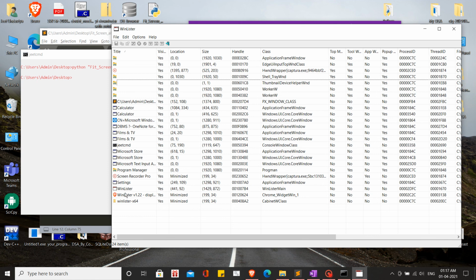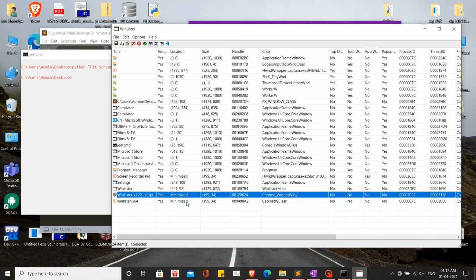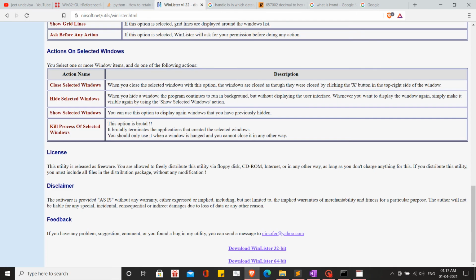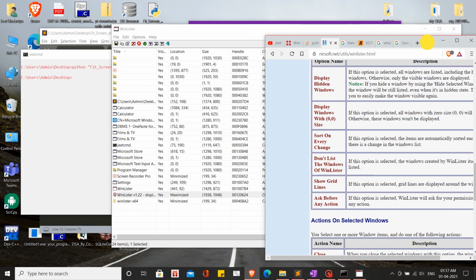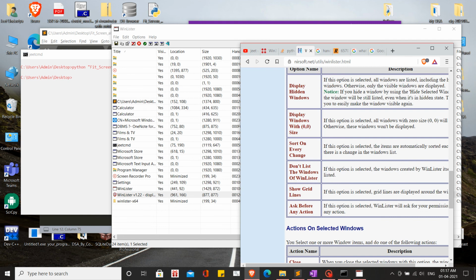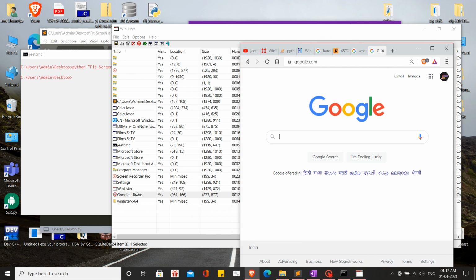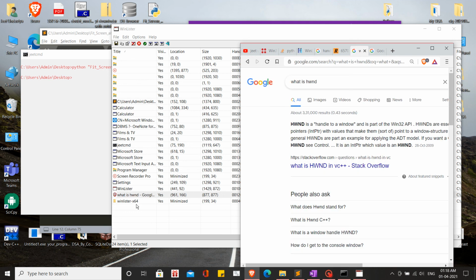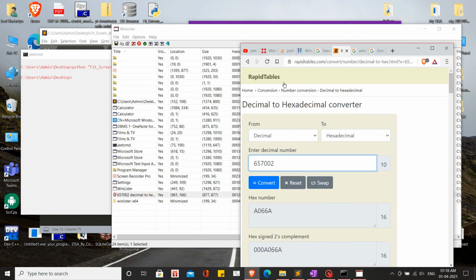For now, let's say we want the class name for this window. As I told you, the title name changes as we move to our next step. I want you to focus over here: when I go to google.com, you can see that the title changes to that. I'll go to the next step, it will change. I'll go to the next step, again it will change.